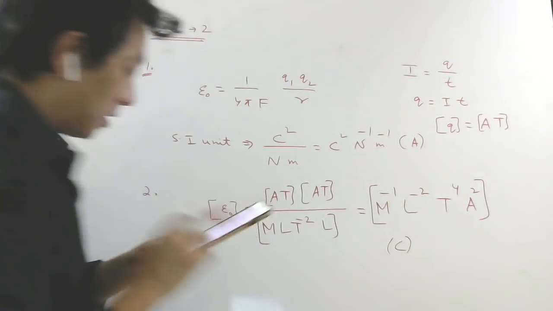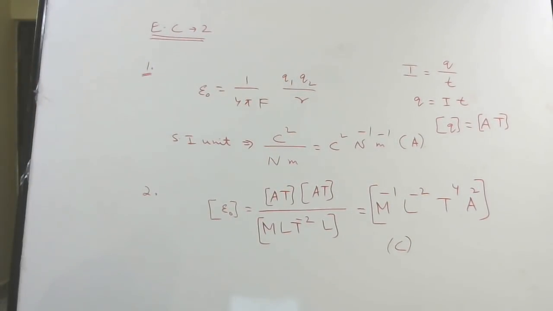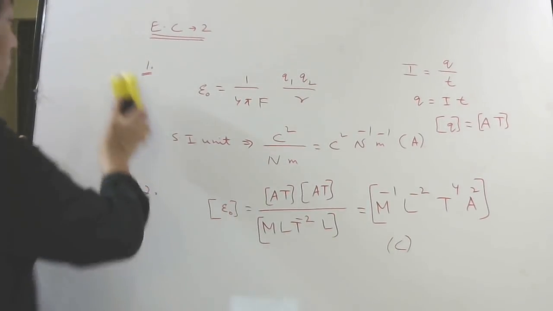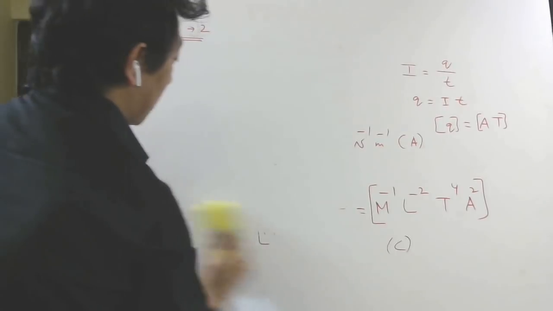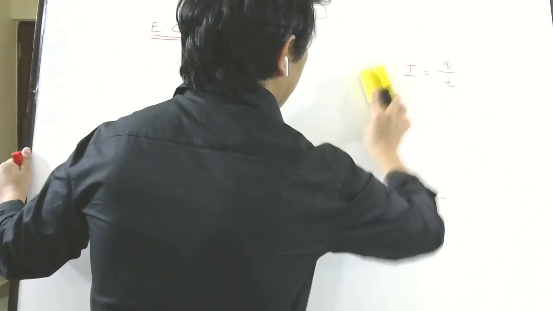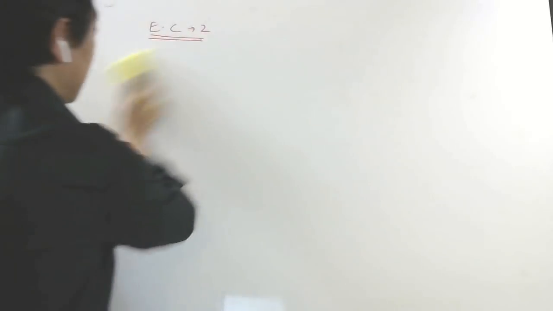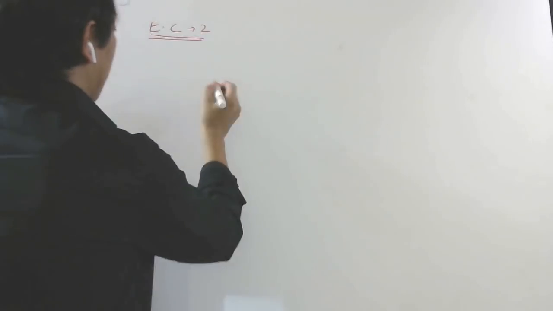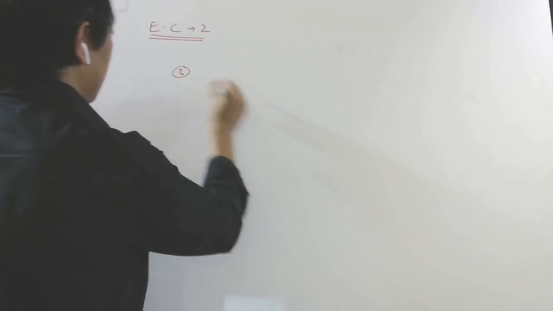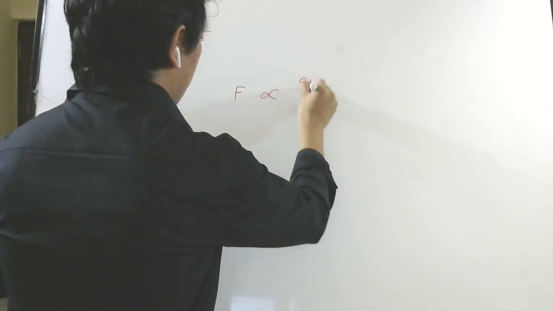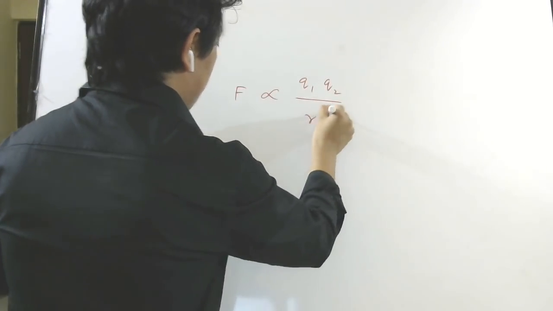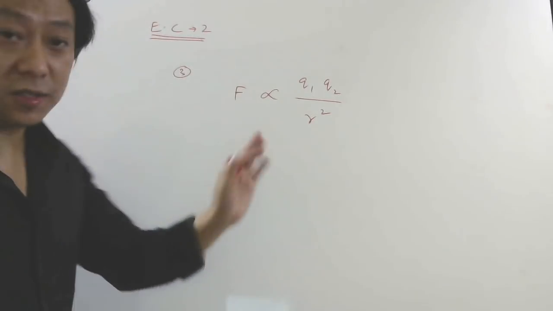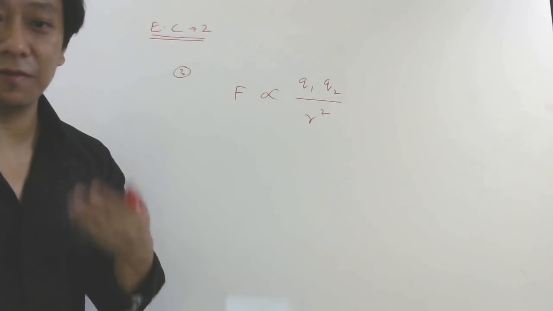Okay. Now the third question says the force between two point charges is given by F. Now what they are doing is they are doubling the charges. Each charge is doubled and the distance between them is tripled. What will happen to the force, they are asking? Question number 3. So we know force is proportional to the product of charges and inversely proportional to the square of distance, right? So let us use the concept of proportionality. The answer will come very fast.